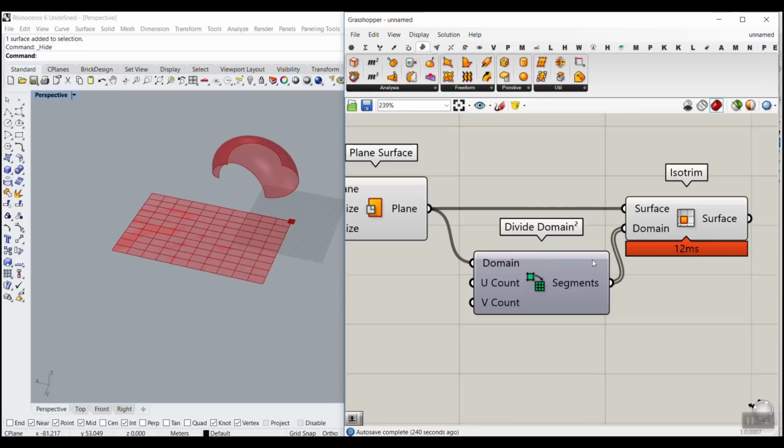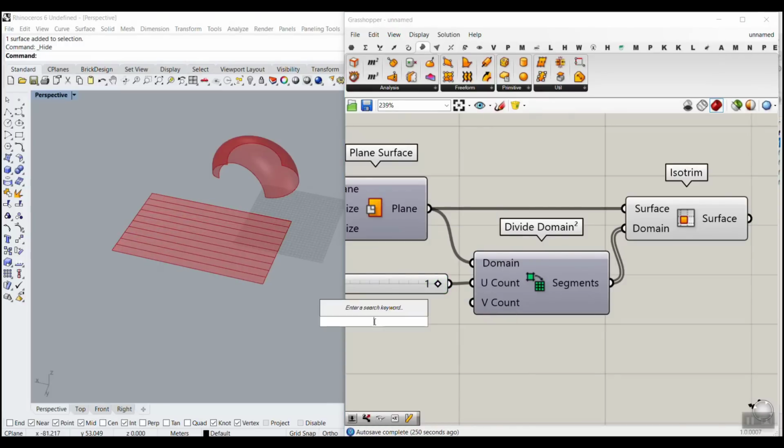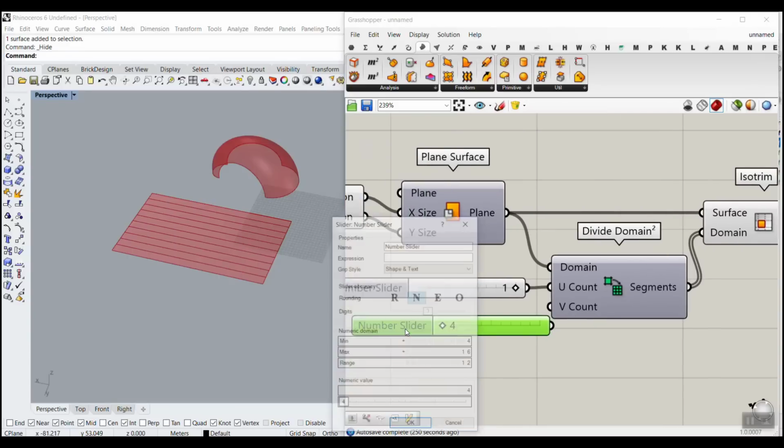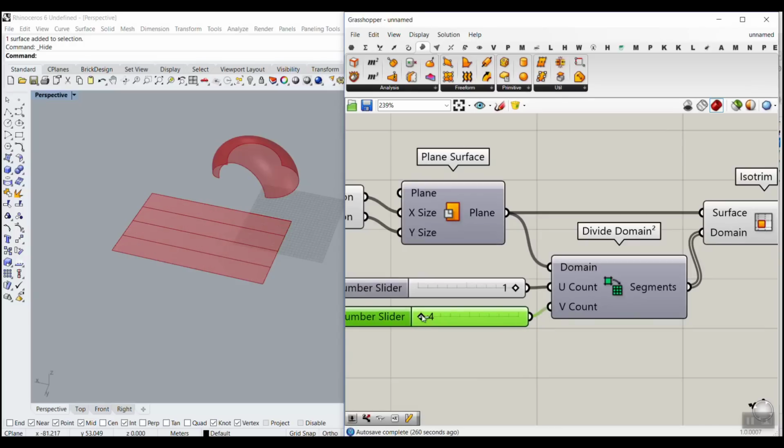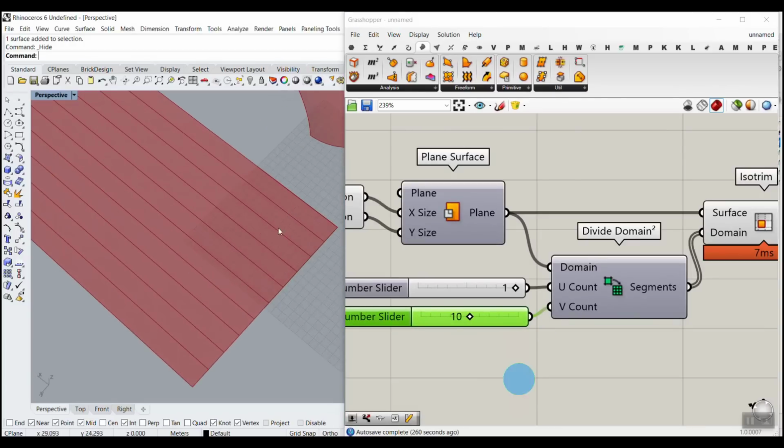So we can just give this a 1 to maybe U count, turn this off, and give this an even number. So I'm going to start from 4 to 16 and double click and use the even number. Okay, so we'll have even parts. Okay. So what we want to do is to first have